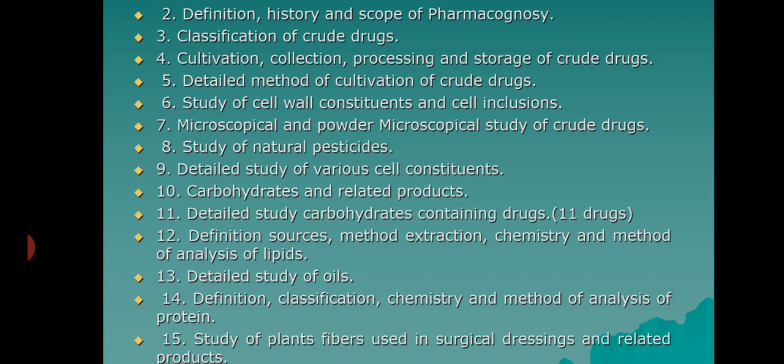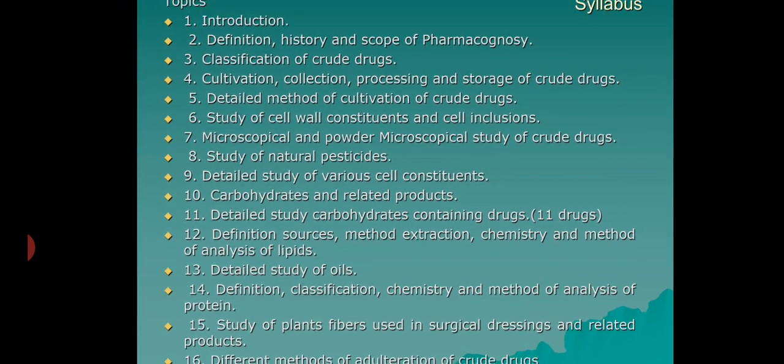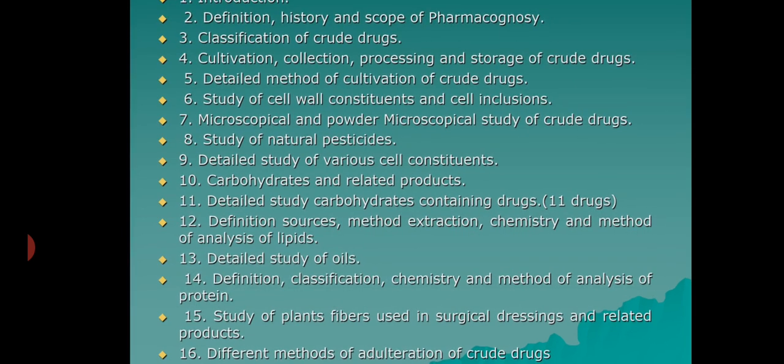And finally, plant fibers, natural fibers, plant material fibers are used for surgical dressings and related products. Most of the cotton is used as a surgical product, right? And silk is used for surgical products. And regenerated carbohydrate sources, proteins are also used in surgical products. You will come to know that when I explain this chapter. And finally,